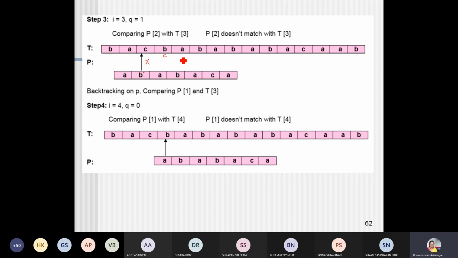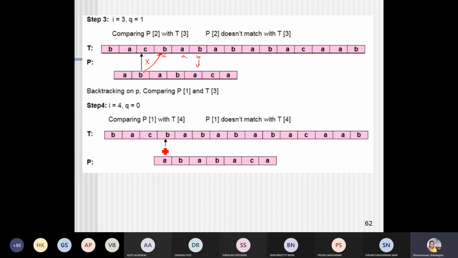For example, if I have C, A, B over here, it will go straight and shift to B, not here. Now in this place, this and this do not match. So now it will shift not one position, but to the place where I can find the exact match for B.